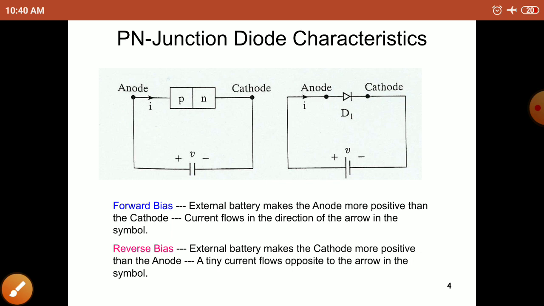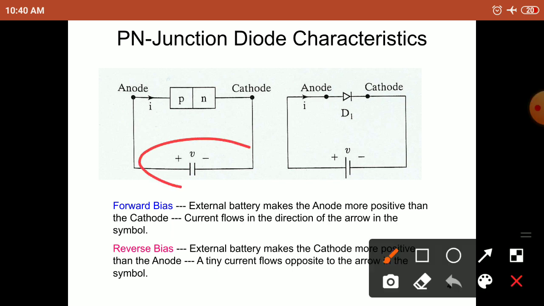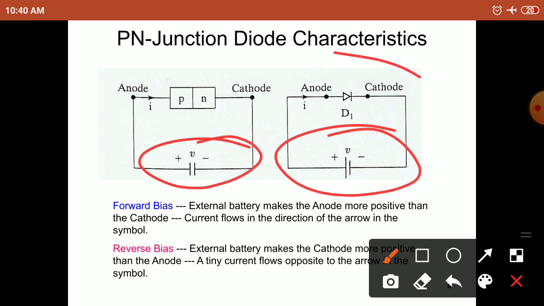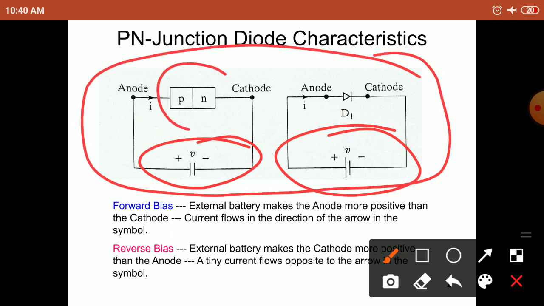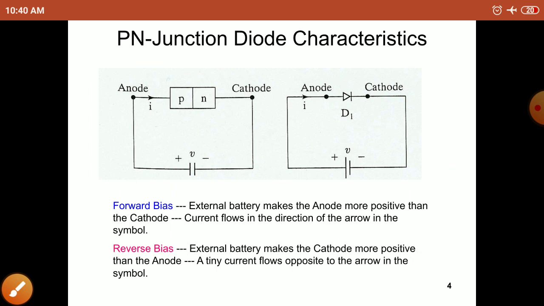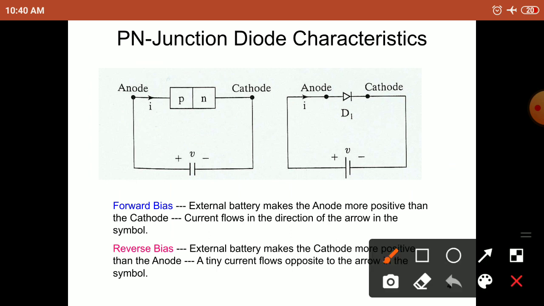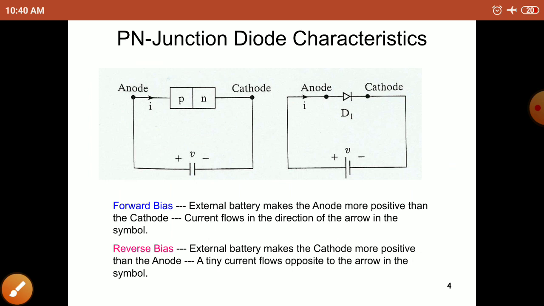Now the supply voltage is given to the diode, as shown in the two figures here. Both are the same; one is the exaggerated view and the other is the equivalent circuit. Then, forward bias. In the operation of the diode, you know that it operates in two modes: forward biased mode and reverse biased mode. So first, forward bias. What happens?